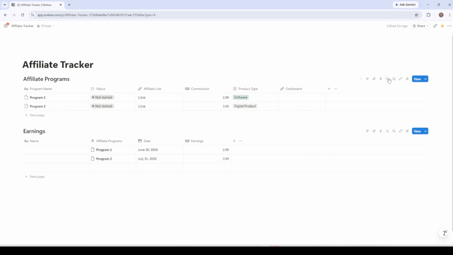You'll immediately notice how the status column color codes your progress, and how clicking a URL or dashboard link opens in a new tab. The real power of this system comes when you start sorting, filtering, and viewing your database in different ways. For instance, you can create a filtered view that shows only active programs or group by product type to see all your software partnerships together. Notion also lets you switch between table, gallery, and calendar views, so you can experiment with layouts that match your